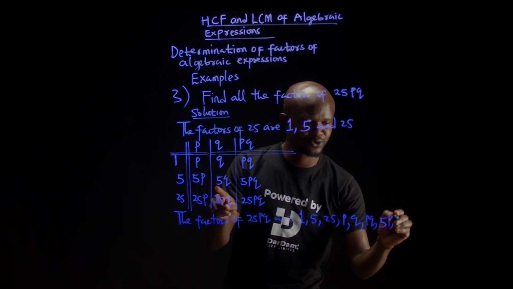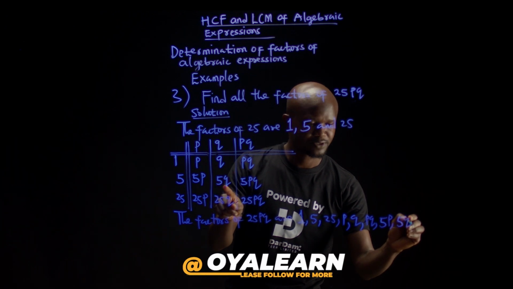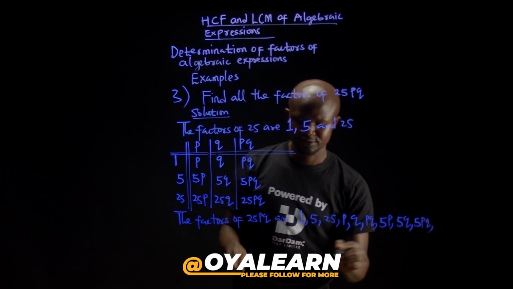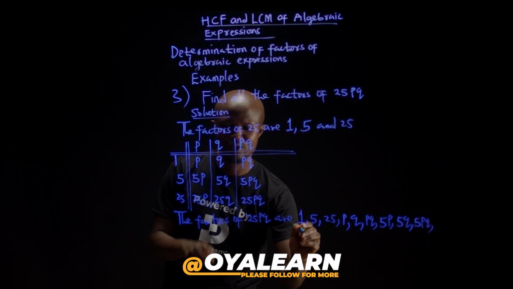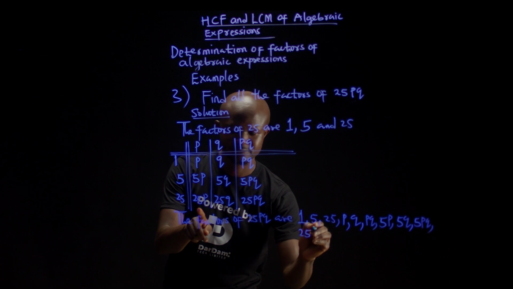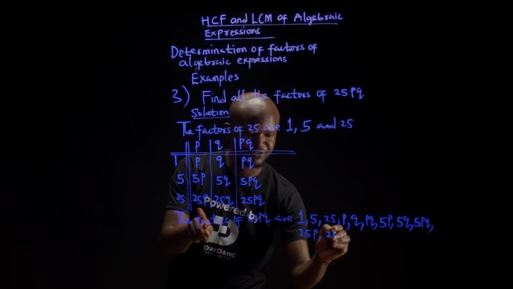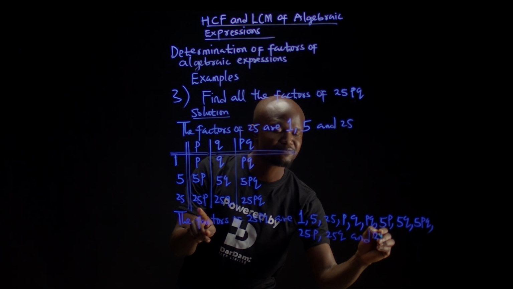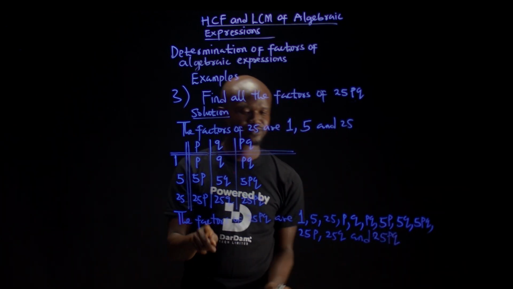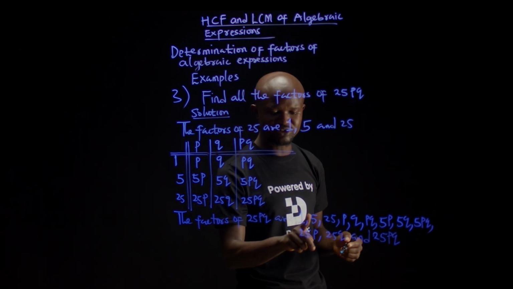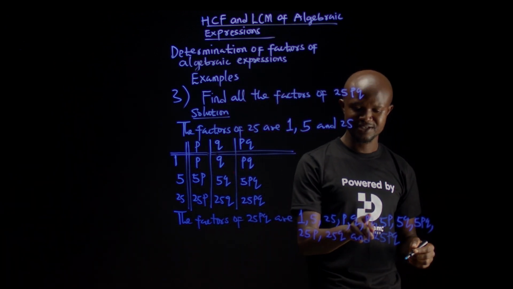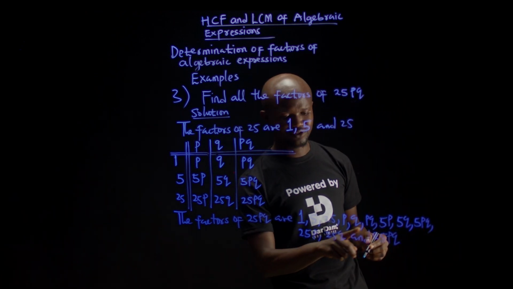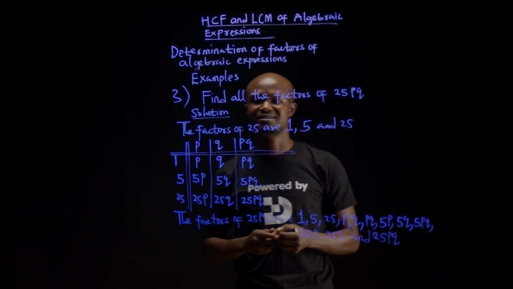We have 5Q. We have 5PQ. It continues. Then we have 25P. We have 25Q. And what? 25PQ. So you can see we have about 1, 2, 3, 4, 5, 6, 7, 8, 9, 10, 11, 12. 12 factors. That is the solution to